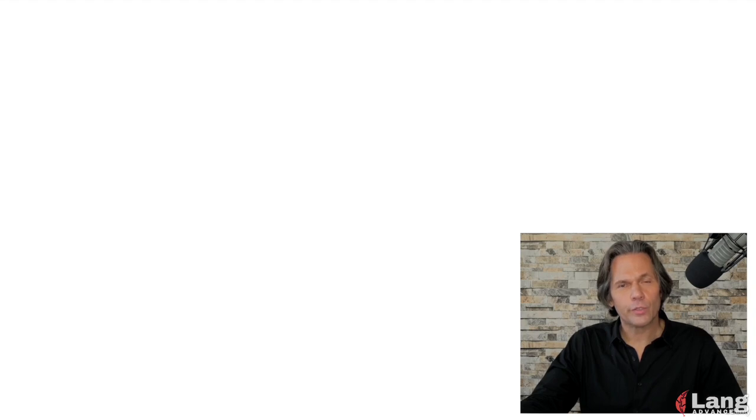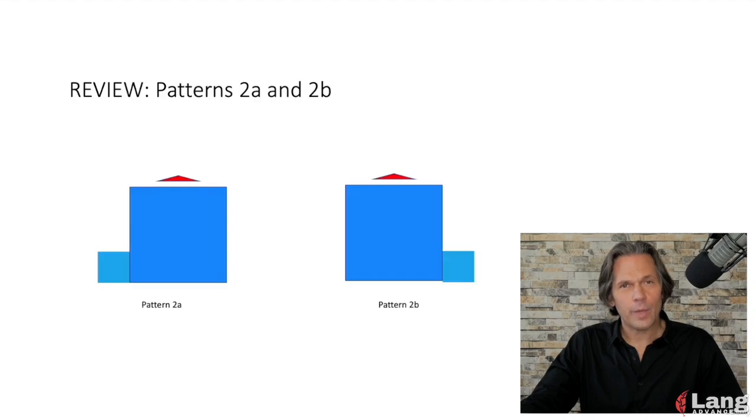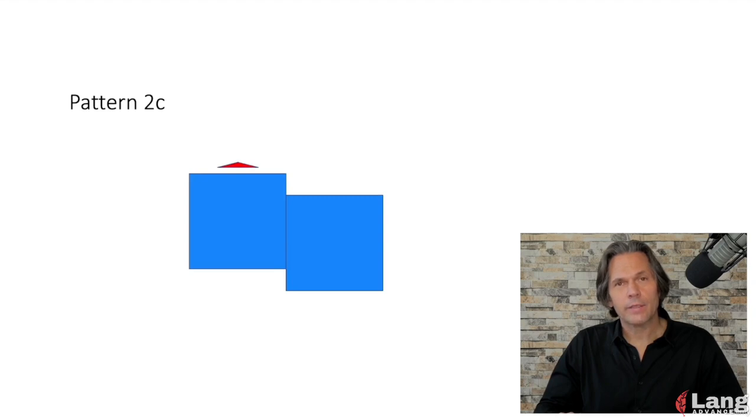Let's review the two-syllable intonation patterns that we've studied and drilled. Pattern 2A and pattern 2B. As I mentioned, these are the main focus of the two-syllable intonation patterns. These two patterns are really the fundamental patterns of the course. There is, however, one other pattern we want to take a look at, and that is pattern 2C. This pattern is less common and less important for us really to spend time on, but we do want to touch on it. It should be very easy compared to the work that you did on the last two patterns.